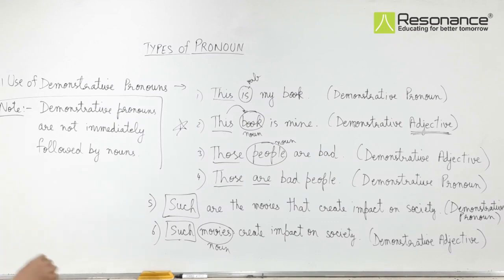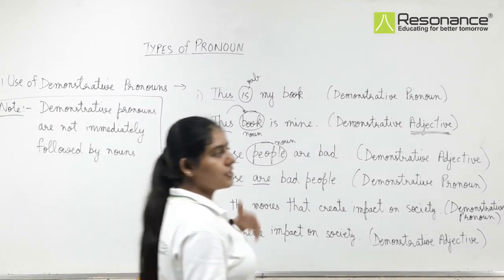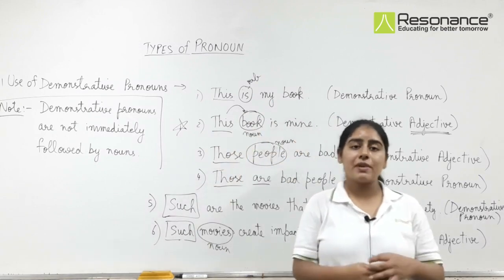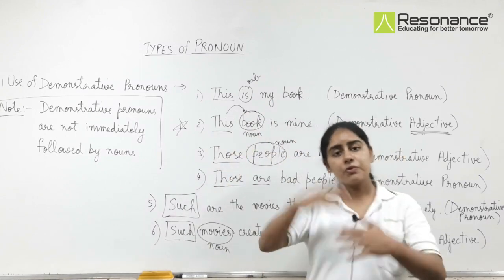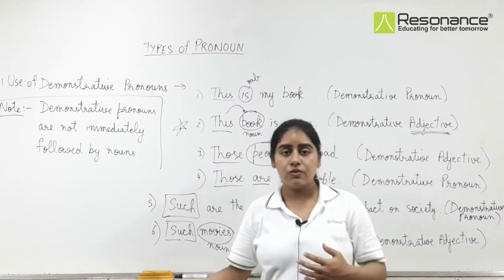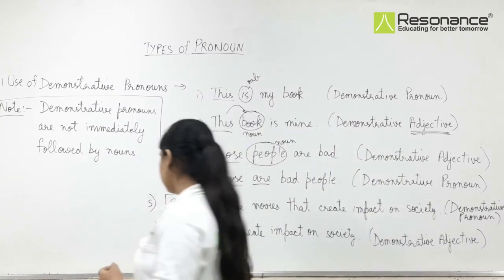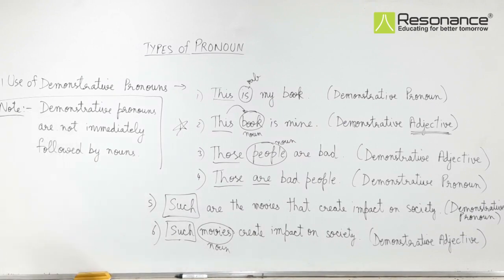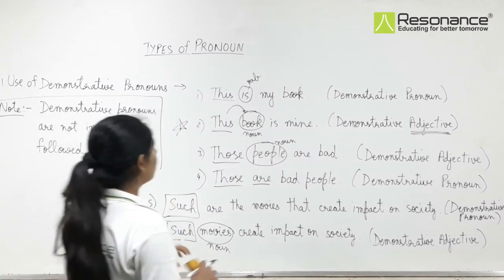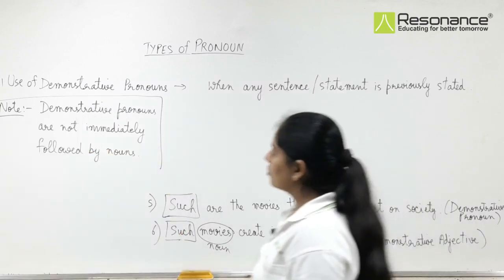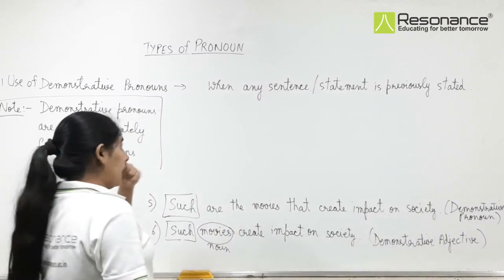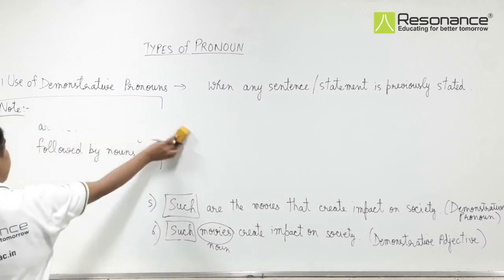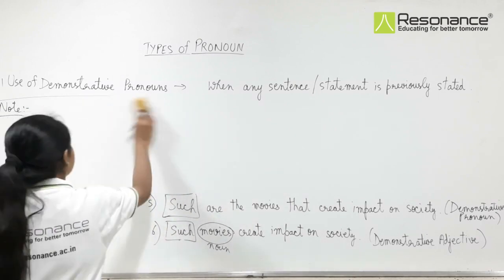Whenever we refer to any sentence or statement that was previously stated, ठीक है, कोई भी ऐसा सेंटेंस जो मैंने पहले बोला हो और अब मैं उसकी बात वापस से कर रही हूँ, then we will make use of these demonstrative pronouns. For example, let's talk about now use of demonstrative pronouns when any sentence or statement is previously stated. For example,